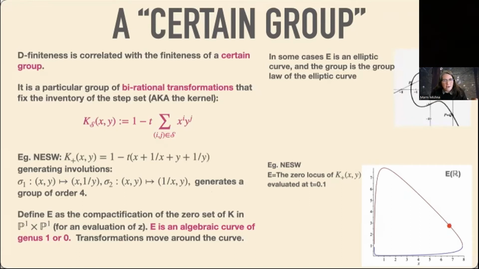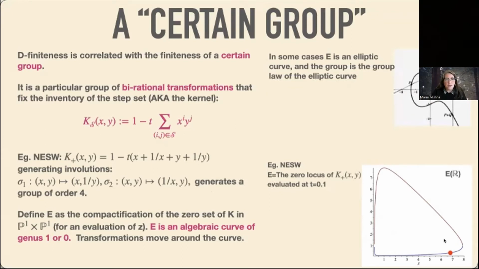So here is the takeaway that you can jump to right now if the last bit was a little bit hairy. For every step set, I have a curve, and then I'm moving around this curve, going straight up, going straight across, till I hit the curve and I come around. So in this case here, I can do it in 4. I get back to where I'm starting in 4. So it's a group of order 4.